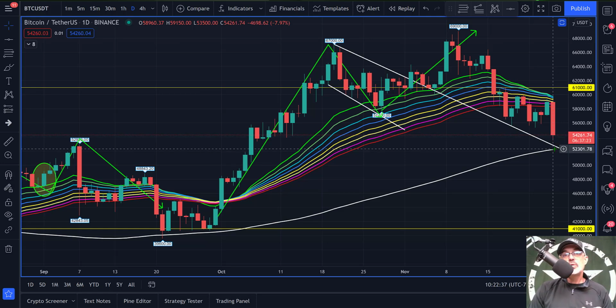If the bulls fail to hold 52.5, then we're more than likely headed right back down towards 41,000. That's a real possibility. And right now, really, the bears are in control as long as they hold this price below these EMA ribbons. As you can see, once we got below them, we have rejected out of them. We now have rejected once again,